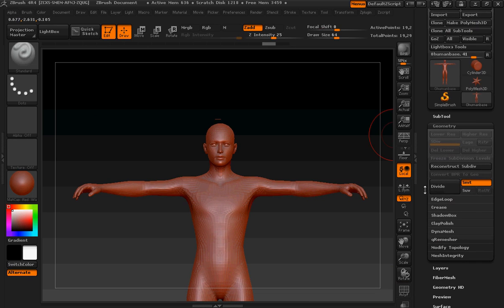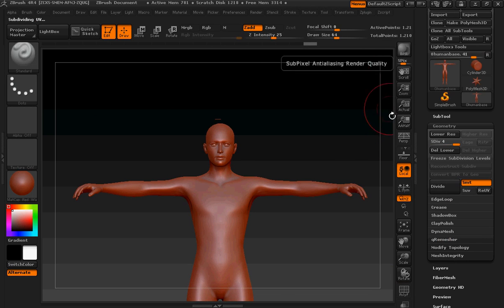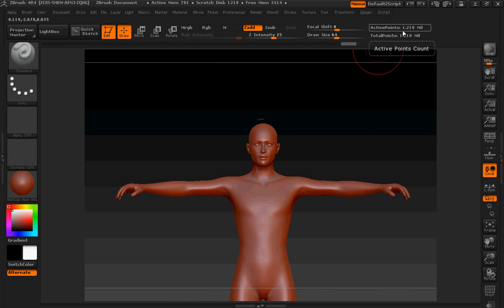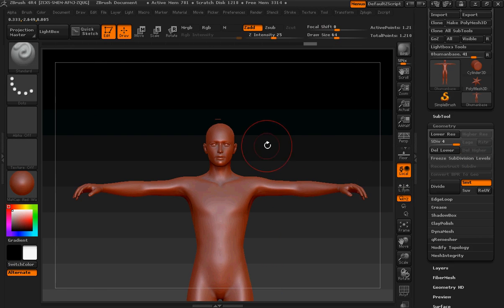Now we are going to subdivide this entire model by about 4. That gives us over 1,000,000 polygons to work with. What I have exactly is 1,210,000. Now that we have all our subdivision layers, we're going to scale it back down,